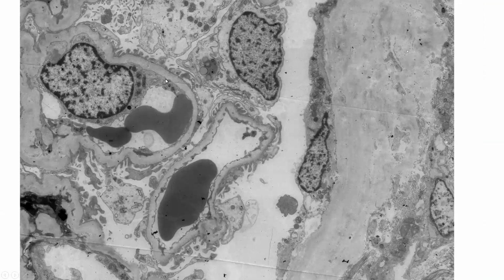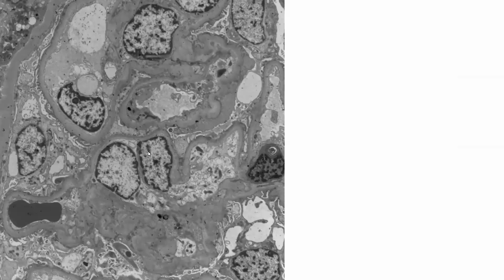So this is, the stain quality on this image is kind of funny, but what I want to show you is that the great majority of the glomeruli have really normal appearing glomerular basement membranes. We did not see any convincing dense deposits. There are these occasional areas of sort of glomerular basement membrane folding and thickening, but we don't see any electron dense osmophilic material. This is probably the weirdest that it gets in terms of the quality of the glomerular basement